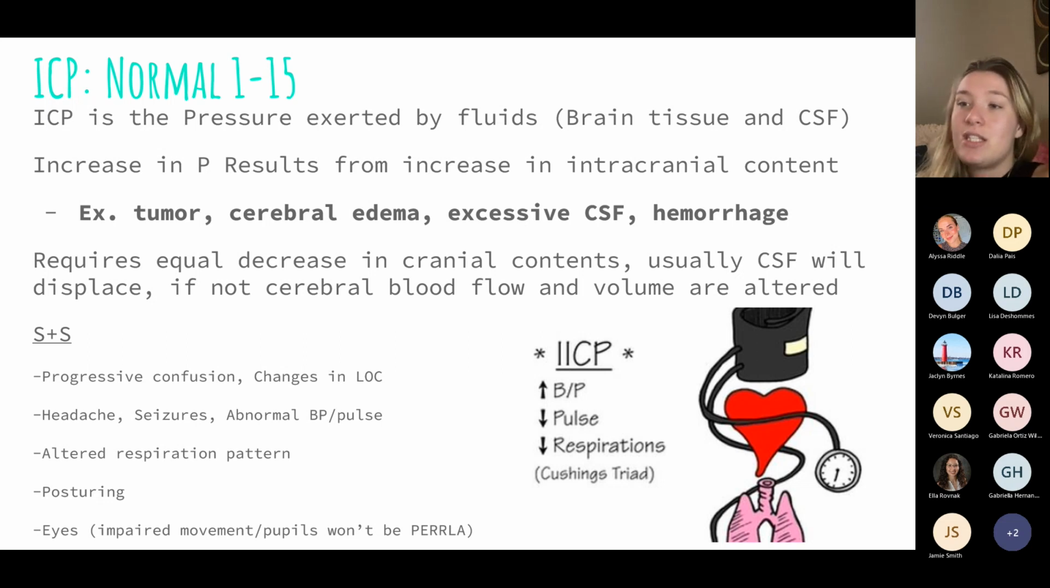So you might at first see these changes, these subtle changes in your LOC. Now their Glasgow Coma Scale is dipping a little bit lower and lower. You might have some headaches. Then you're going to start seeing issues with their eyes, and then eventually you're going to start seeing some posturing, some headache, seizures. Specifically, Cushing's triad, that's when they're going to have an increase in blood pressure, specifically our systolic